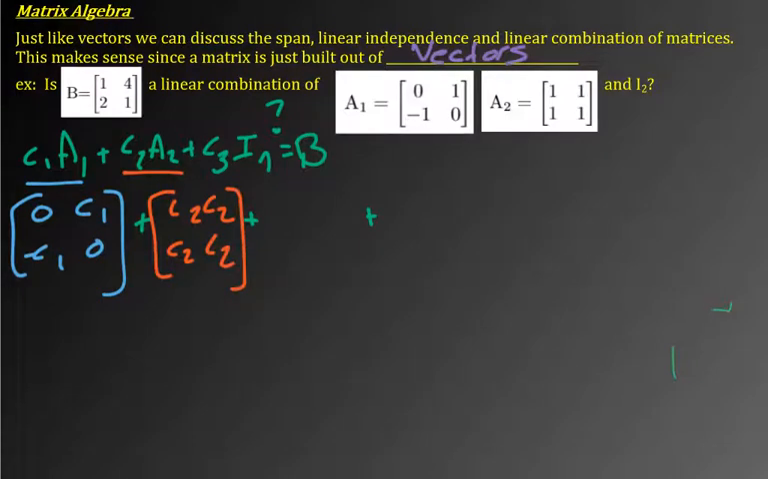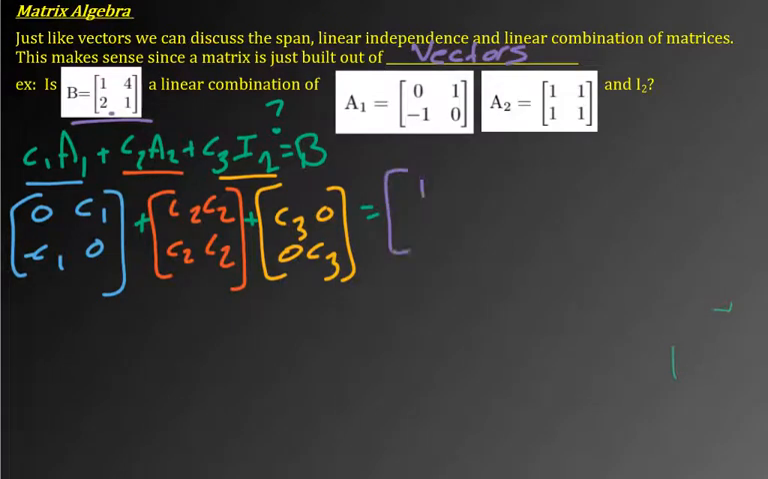C3, I2 would look like just C3 on the diagonal. And then B is, we'll give it purple. Whoops, that was supposed to be an equal sign. 1 4 2 1. And so the idea here is, now do this big matrix addition problem,